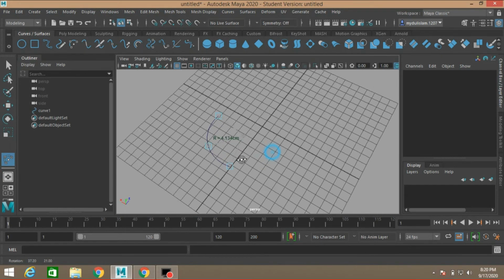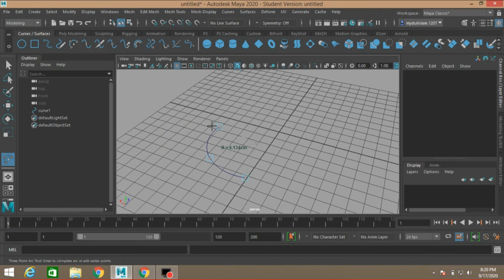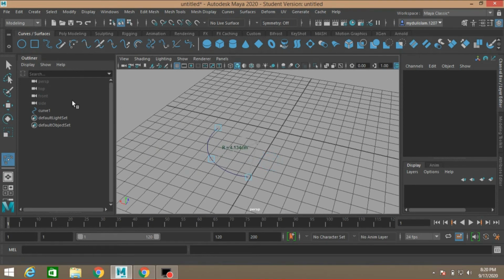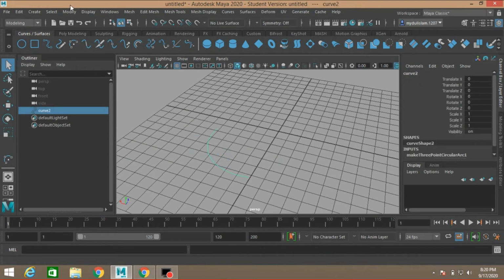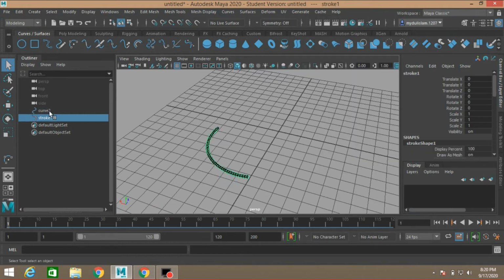See, an arc shaped curve is created with these 3 points. Now press enter. You can convert it to a polygon. Go to generate curve utilities, attach brush to curve. See, you can do the same as we created polygon with the pencil curve.